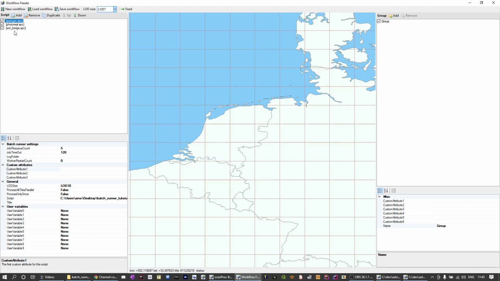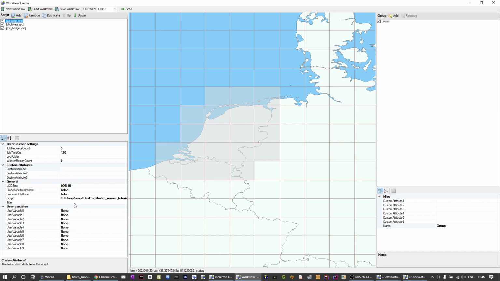So first, I quickly added the scripts already. We need to configure them. So we defined an LOD 7 for the basic area. And what I'm going to do is add all these tiles since I want to cover the whole country. Yep, those as well. And then here we have some islands. So these are the tiles that make up my project, in this case Netherlands. And each of them is a LOD 7 tile. Now let's assume that